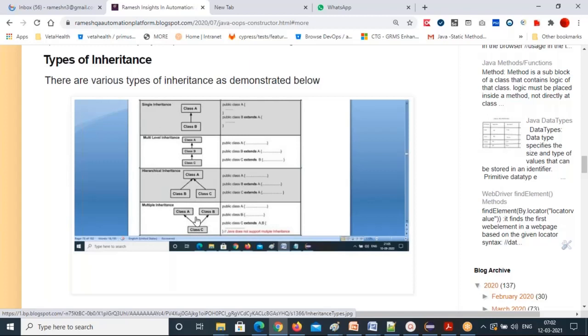So this is the question. Are you understanding my question? You have two classes, one is the parent class, one is the child class. In the parent class, you have static members and non-static members. Static members means static variables or static methods, both. In the parent class you also have some parent class related static methods or static variables. Then how can you access parent class static variables in the child class if you apply inheritance?